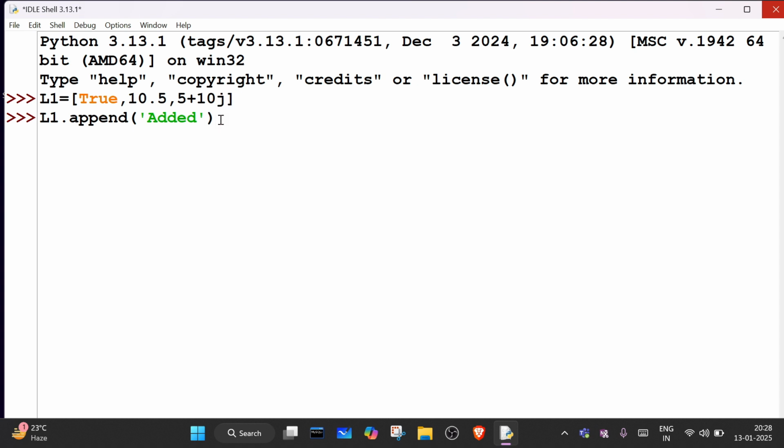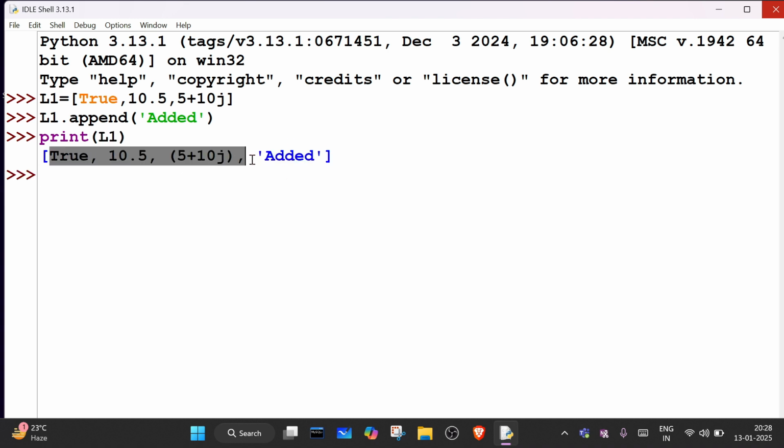So will it be added or not? Yes, it will be added, but where? At the end of the list. So if I will print L1, so you will see the updated list. Okay, so this is what? Updated list. Okay, one extra element added,